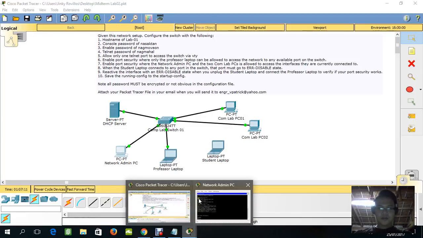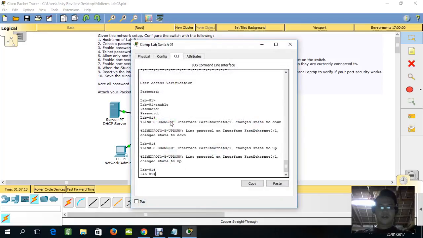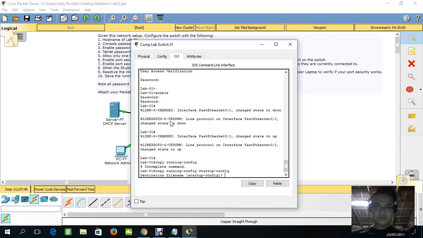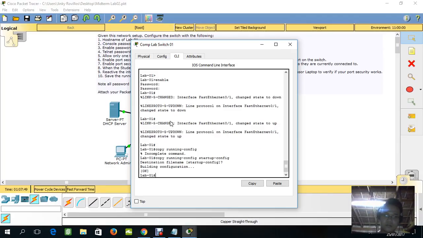So let's go to the CLI: copy running-config startup-config.